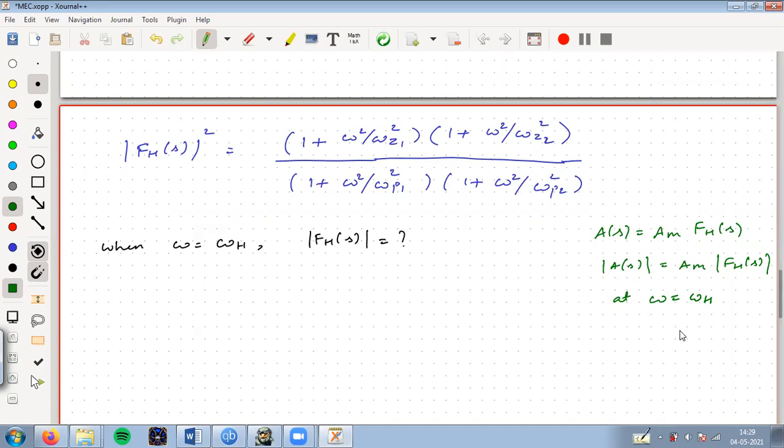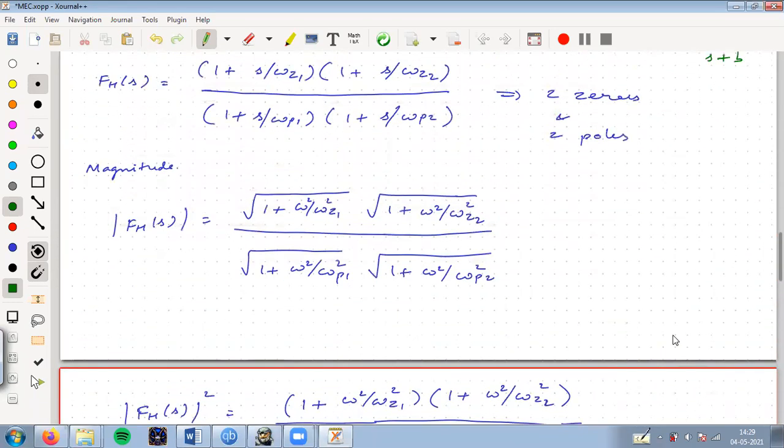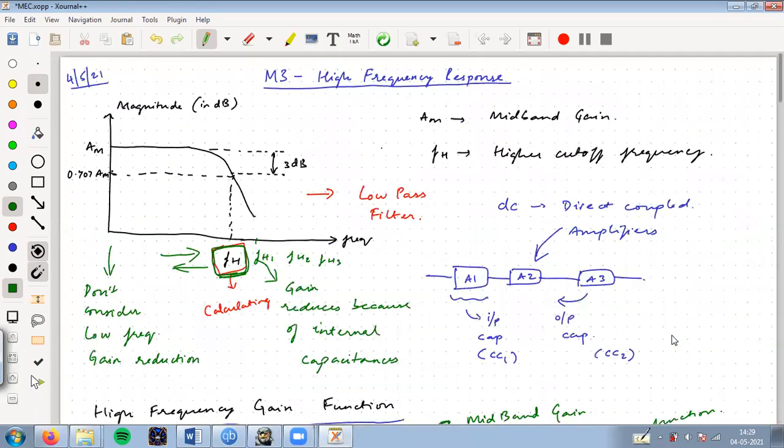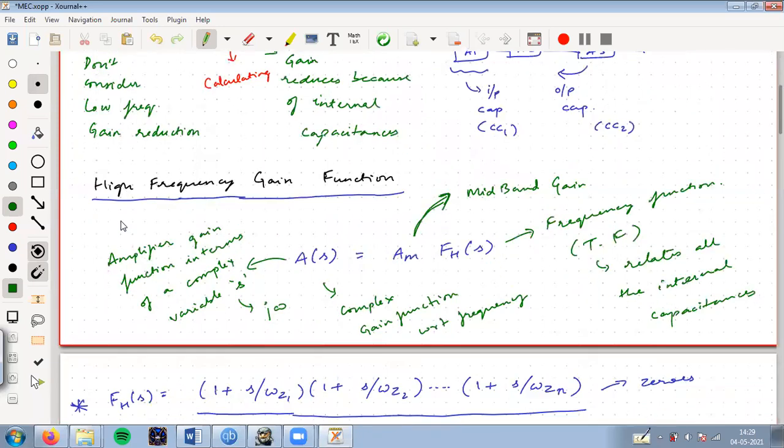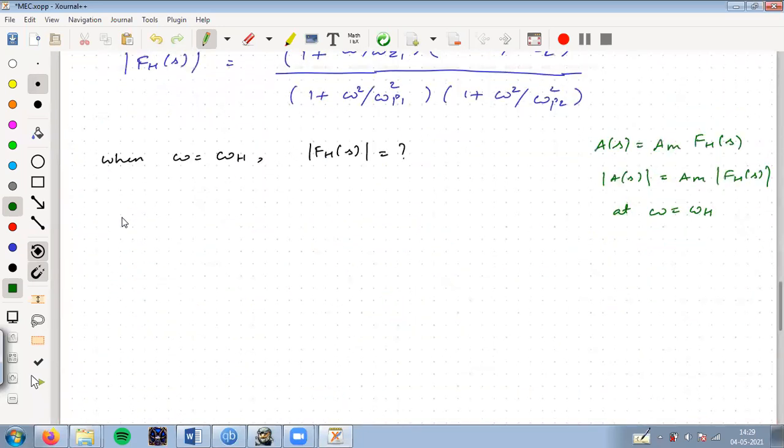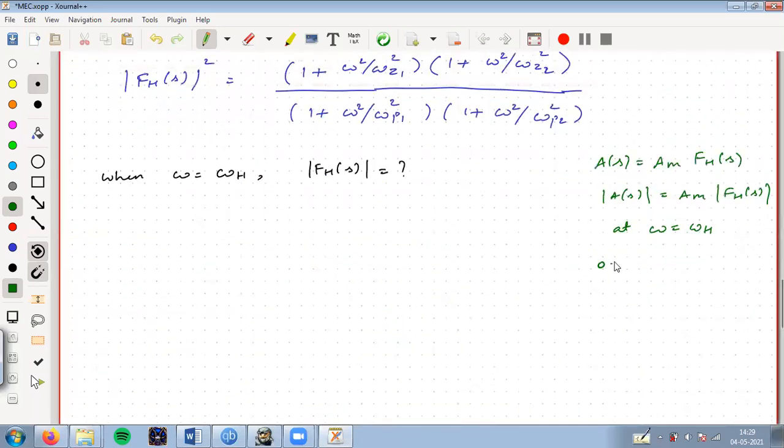At the 3 dB frequency, the amplitude was 0.707 Am,